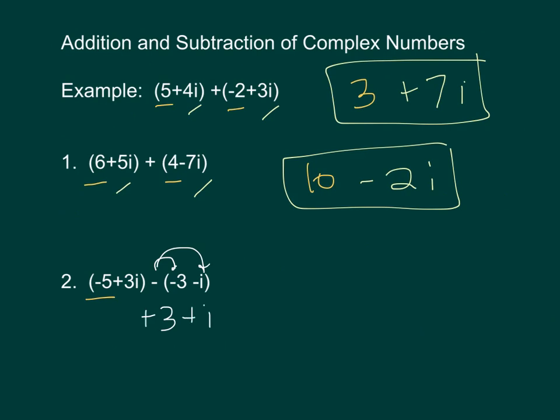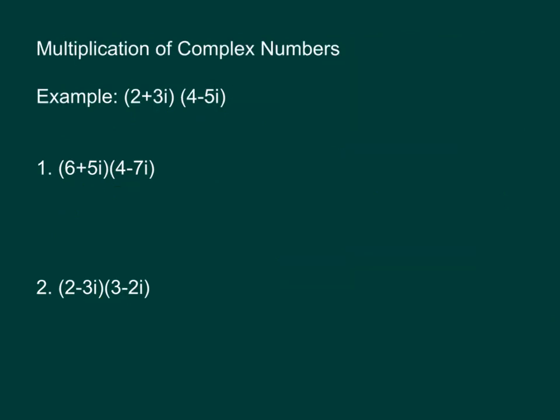So our real components are this -5, like I underlined before, and 3. So -5 plus 3 gives us a -2. And a 3i and a 1i gives us 4i. So that's our answer. So if you turn over to the back side, multiplying complex numbers is just a little